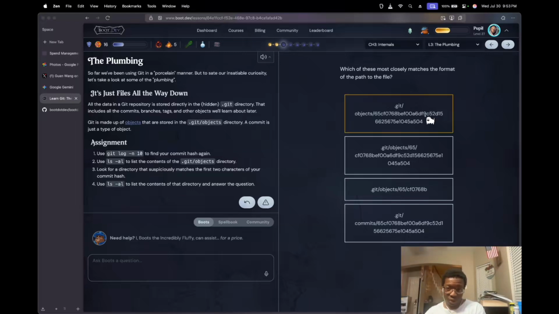Is this one because this is a hash? This is a path to a file. Okay, so we need the actual two numbers first in the directory, and then the actual hash afterwards. So this is